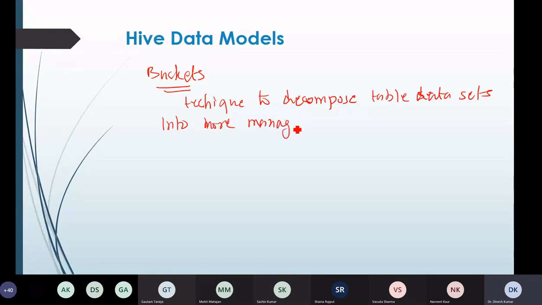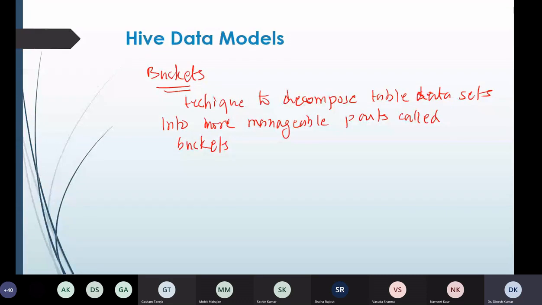Manageable, smaller parts are called buckets. So buckets is a technique to decompose table data set into more manageable parts called buckets.